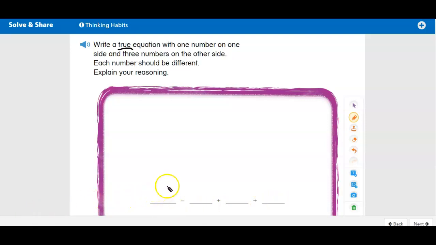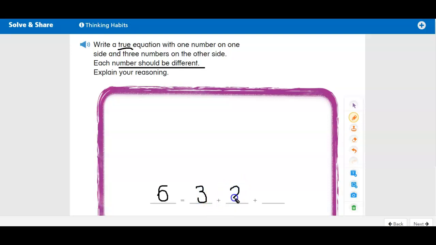For example, if I write the number 6 on this side of the equal sign, that means that the three numbers I write here also must equal 6. Now something that we have to remember is that each number should be different. So we want to use three different numbers. So in my example, I'm going to use the number 6. So I have to write three different numbers that equal 6 when added together. So I'll start with 3